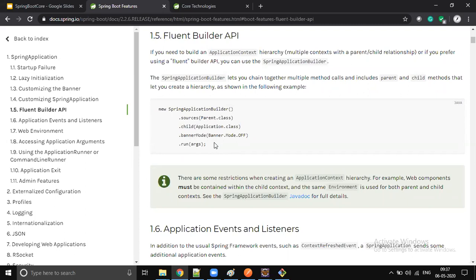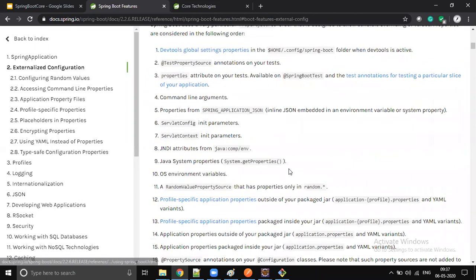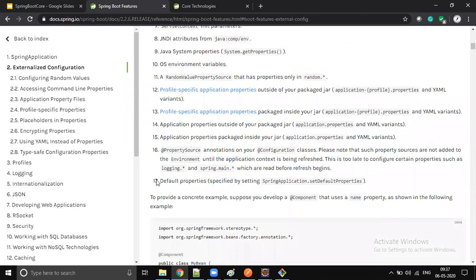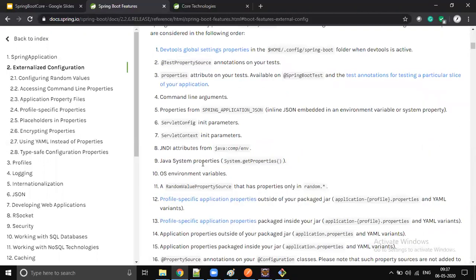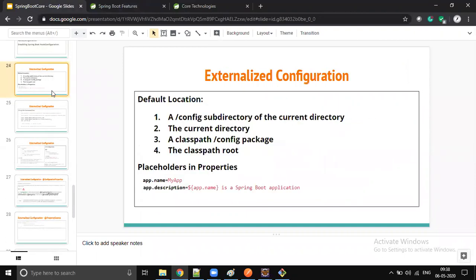This topic is very important. It's not a complicated topic, an easy topic, but we have so many approaches. The problem with externalized configuration is that there are 17 ways you can load a properties file into a Spring Boot application. I will cover 6 to 7 of them, as most probably in your project you would be doing the same thing. We have only 4 to 5 slides for external configuration.